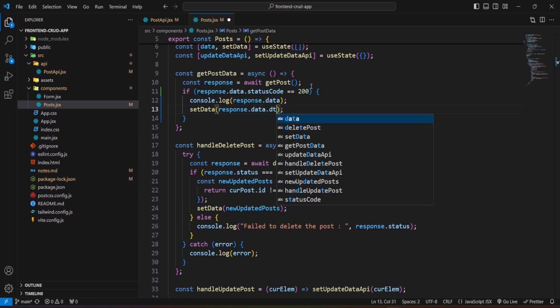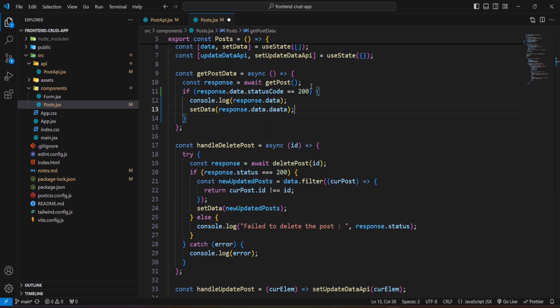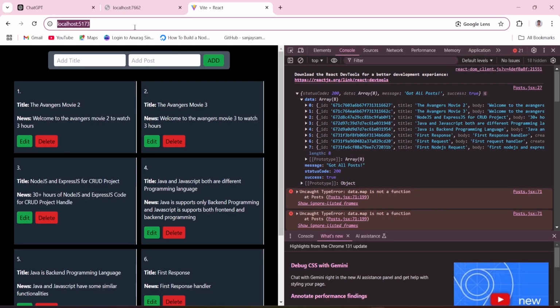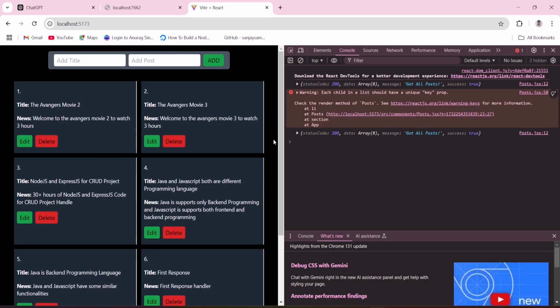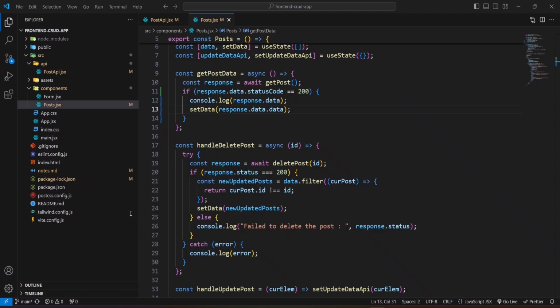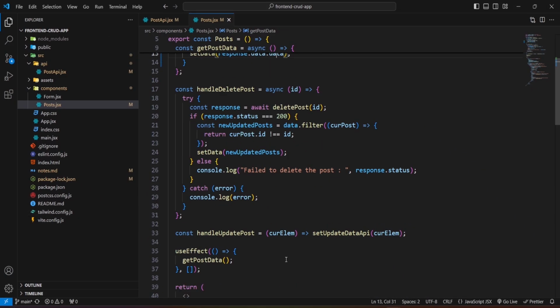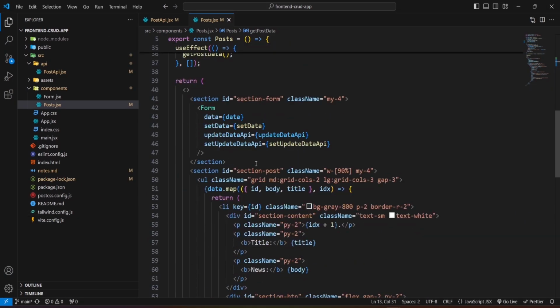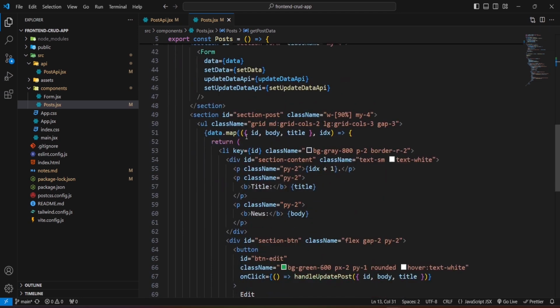Here also you have to do the data. See, I am able to see my data here, but you have to do some more configurations here also. Data.map